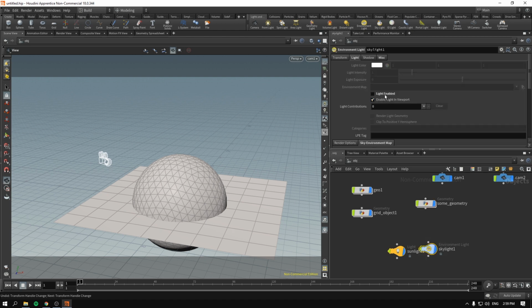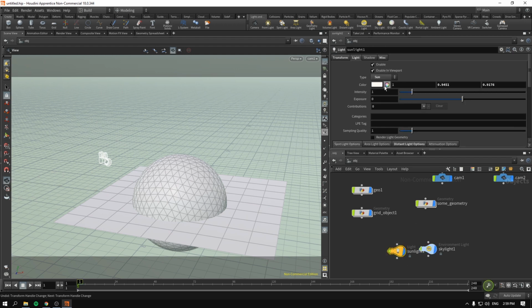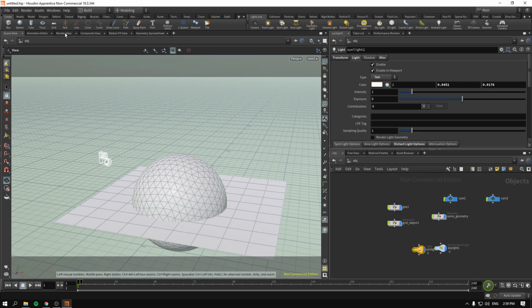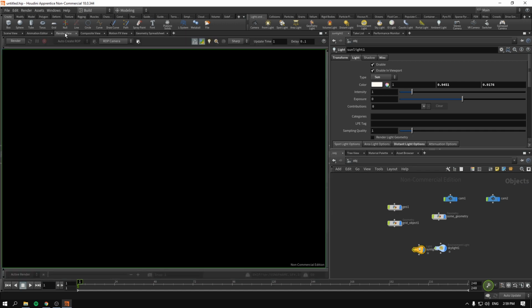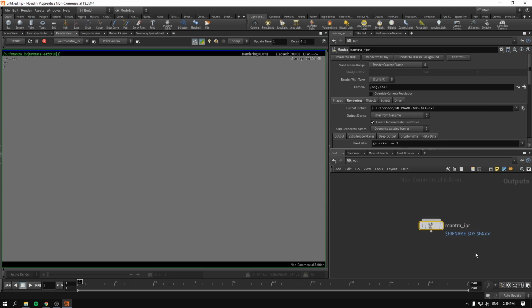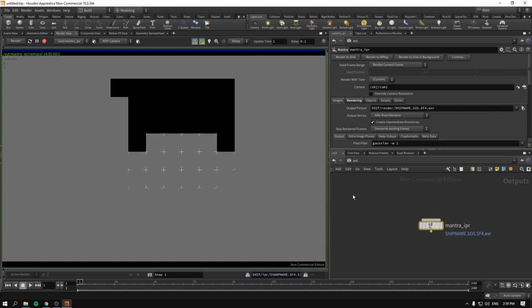Final thing, I will enable the lights. I will enable, okay, sunlight was enabled already. This is fine. Okay, what else? Now, it's the final thing. I think we can go and render our things. So you can first make the preview render. You go to render view, press the render button. It will, in fact, in the out context, create the Mantra IPR for us. You can, of course, create your own Mantra